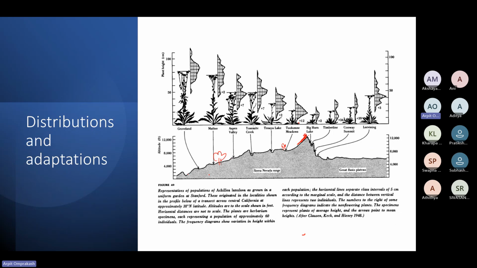They're much larger, bigger, longer, taller. So what happens is, as we go up and up, the size of the plant decreases. And when we go down, the size of the plant increases. And if we were to take some plants from here, here, and here, and plant them all